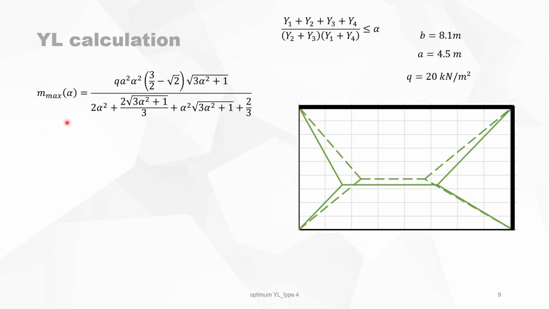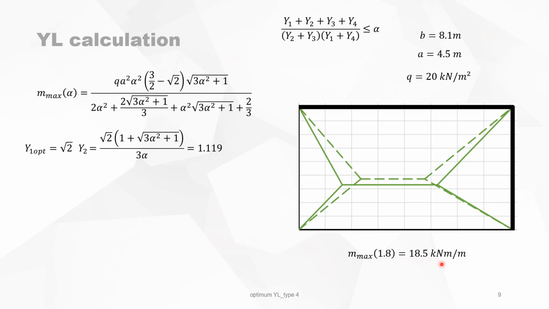The formula for the maximum bending moment was given in the previous slide. And we can apply this formula by using B over A, 8.1 divided by 4.5 is 1.8, and we have 18.5 kilonewton meter per meter. For beta 1, or the tangent of beta 1, we know that this is given by beta 1 optimum. It's the square root of y2, and this is equal to this formula, and you get the tangent is 1.119,